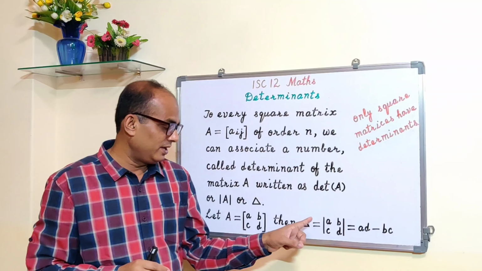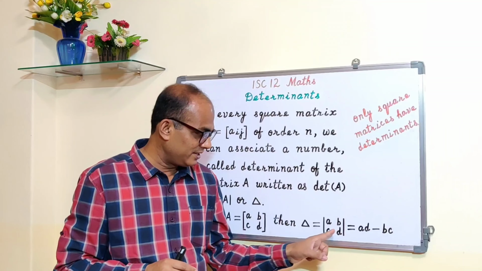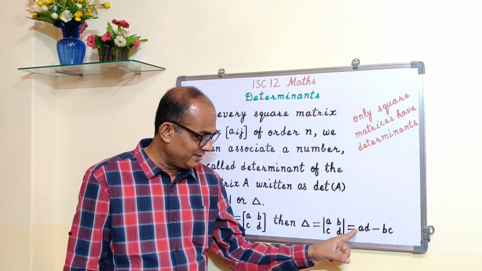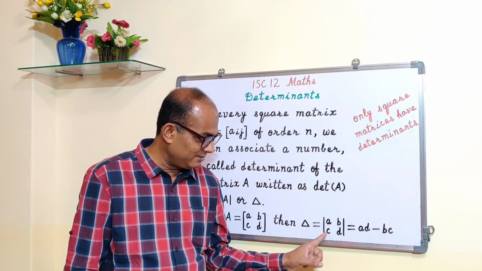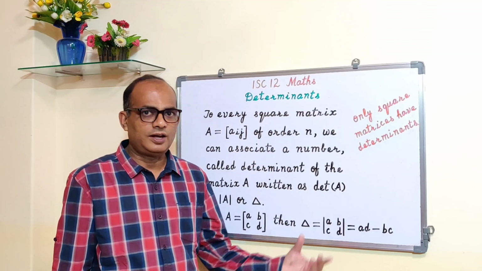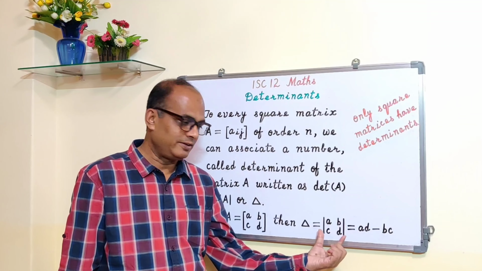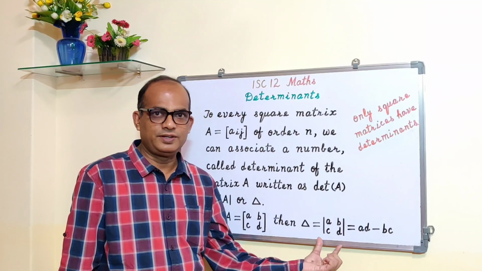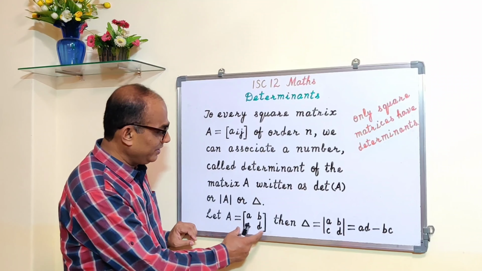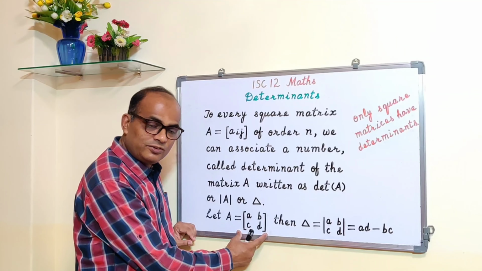And this we evaluate: we write AD, we cross multiply, AD minus BC. This is how we write down this determinant A, B, C, D. So if A is a matrix, a square matrix of order 2,